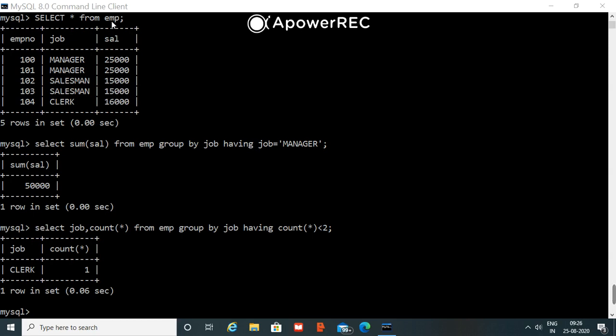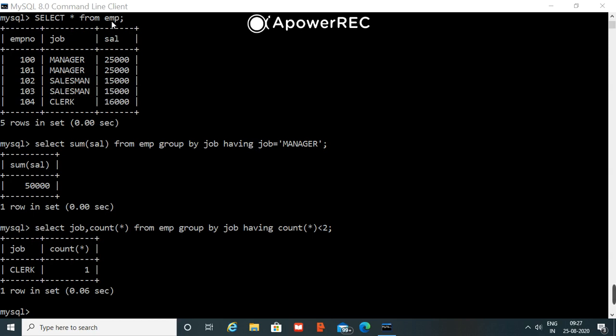Having is applied with the groups and with the aggregate functions like count, sum, average. And the where clause is used for individual rows.